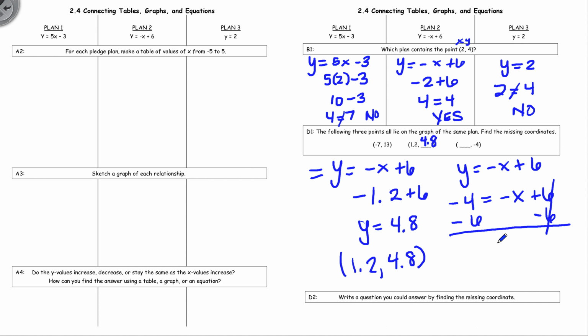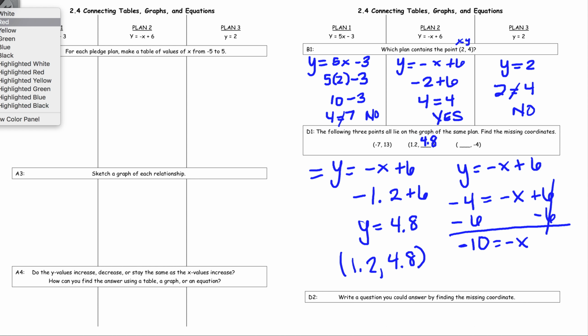Now when you bring this down, you need to make sure you bring down the -x with it. All right, now you have -4, -6. They're both negative, which means we're going to add, but our answer will be negative. 6 plus 4 is 10. Now before you get all excited and say, oh cool, my answer is -10, you have to look at